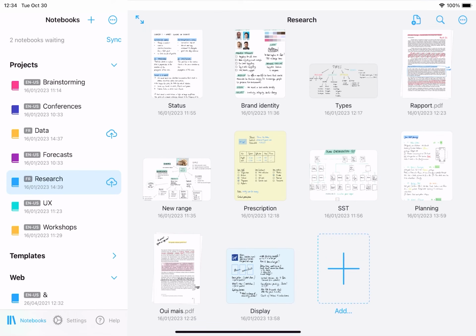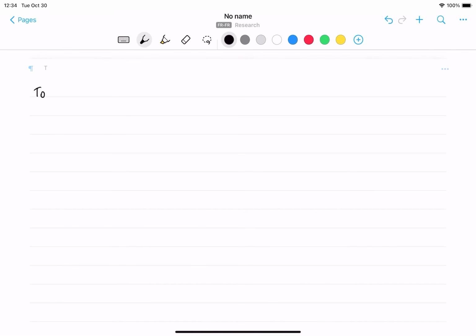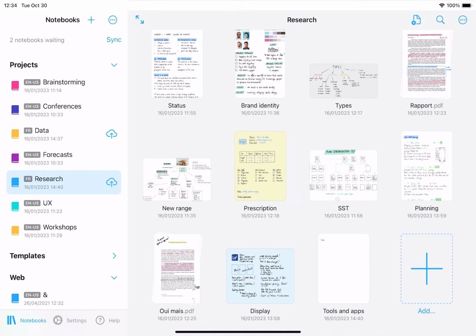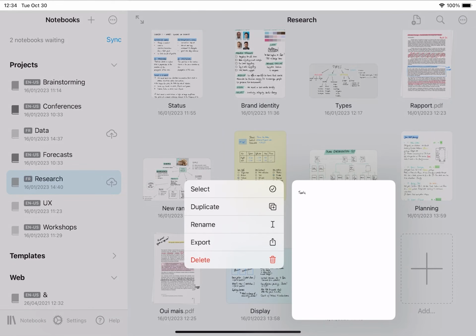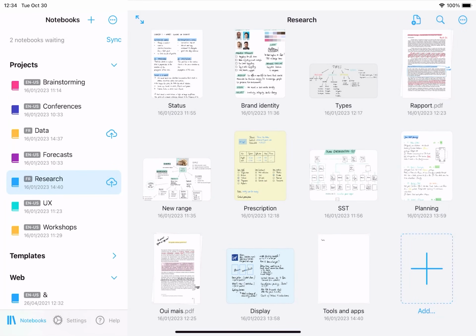Notebooks can contain three types of pages: notes, documents, and PDFs. When you create a document, the first sentence you write becomes the page title. To rename the page, either edit this first sentence or tap the title and use the keyboard. You can also go back to the list of pages, long press a page and tap Rename. There is no automatic title for notes. They are called No Name until you name them. Note that the date and time displayed are when the page was last updated.